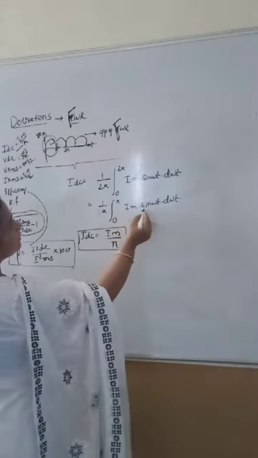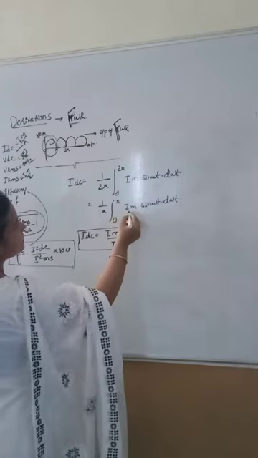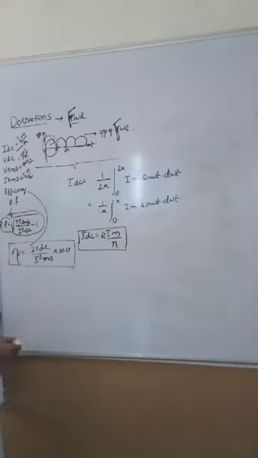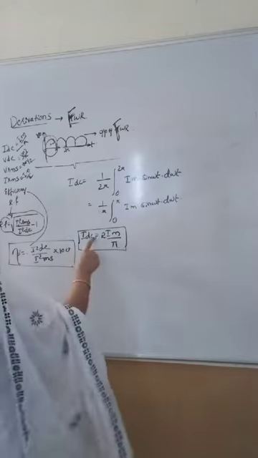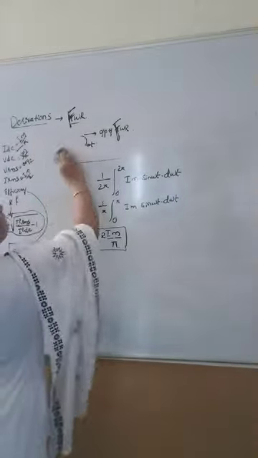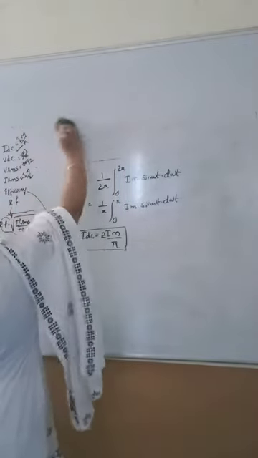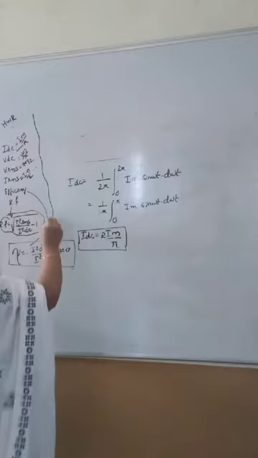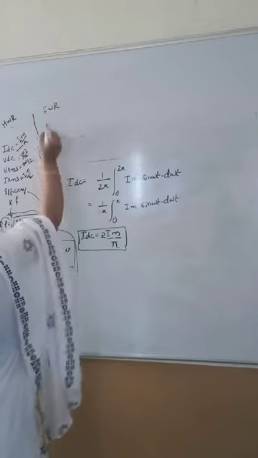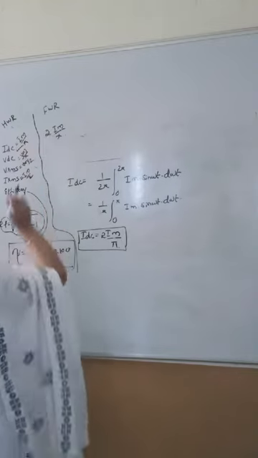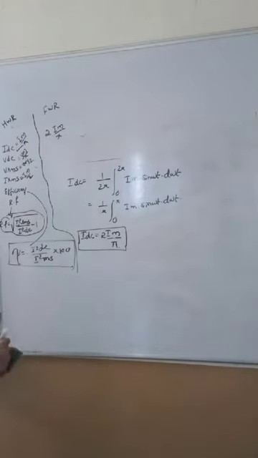you will get minus 1 Im by pi. Yes, this is going to be 2 times Im by pi. IDC is equal to 2 times Im by pi. We are doing derivations, right? These derivations we got for the half wave rectifier. For the half wave rectifier it was Im by pi. Now for the full wave rectifier, IDC is going to be 2 times Im by pi.